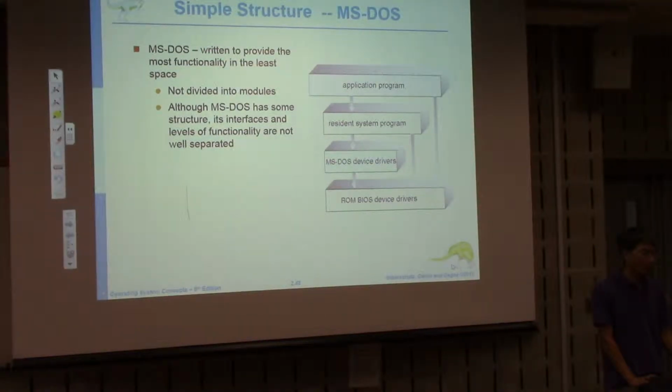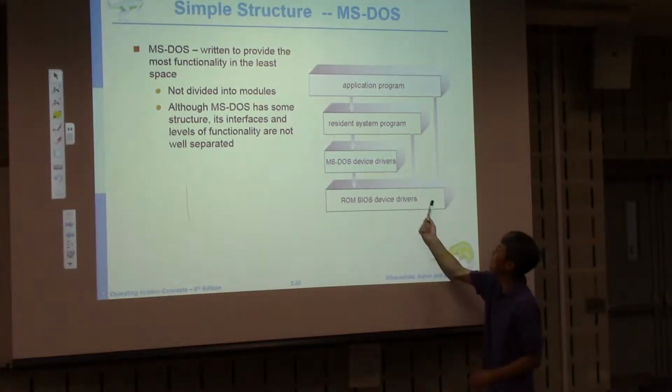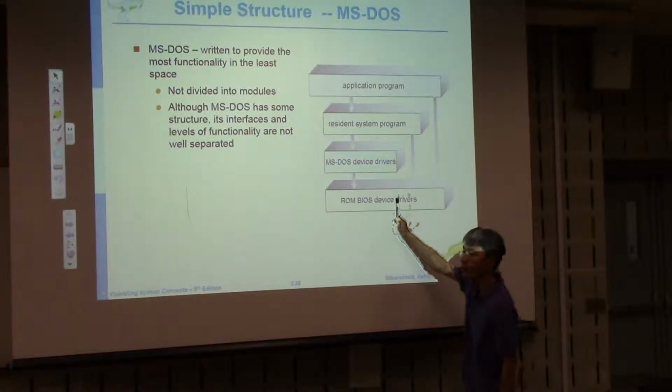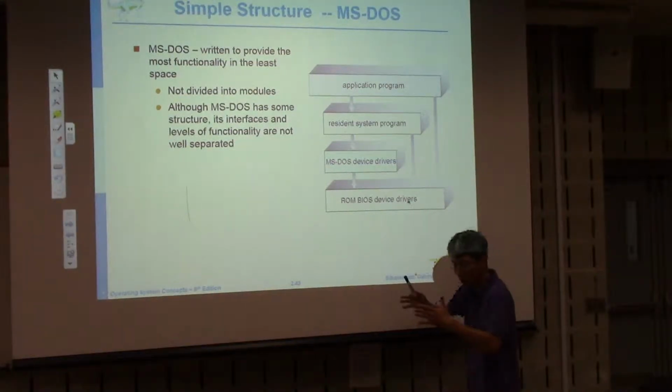MS-DOS, I don't think it's required or important nowadays to understand the structure of MS-DOS, but when you learn the computer stuff, such as the microcontroller or microprocessor, probably you learn about the 8088 or 8086, which is the old version. It's the same thing. So this is very old fashioned, but as you can see, this is the BIOS device driver. It's to access the system at the device.